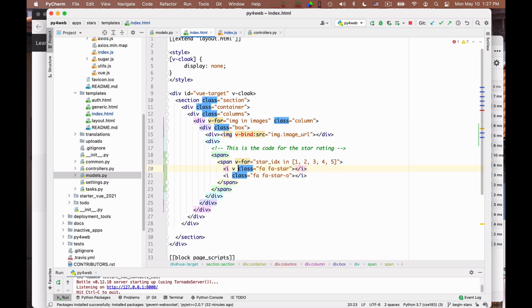So I use the v-if directive. v-if is equal to star index smaller than or equal image num stars display, which is what was driving the display. And here instead, for the other case, I just have another clause that says instead of smaller than or equal, greater. Okay, so I will put out a full star or an empty star according to the star index compared to the number of stars to display.